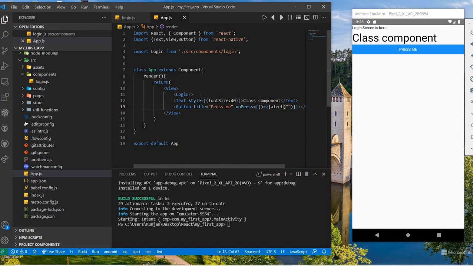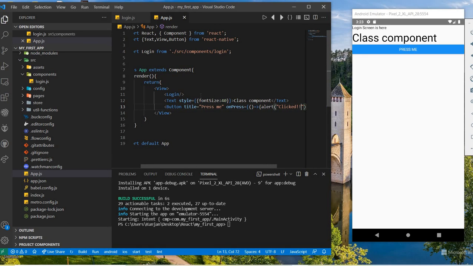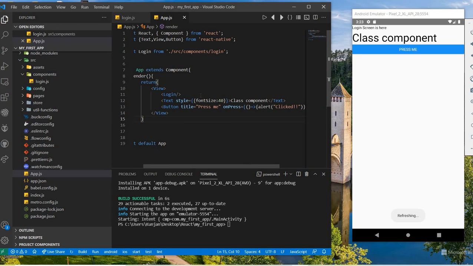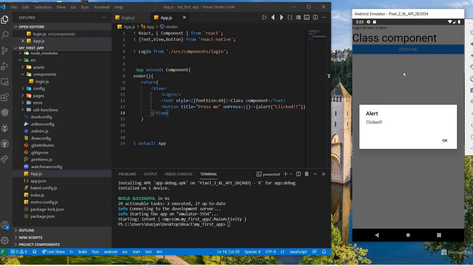In alert, clicked. So if we click on this press me, the alert will be called.